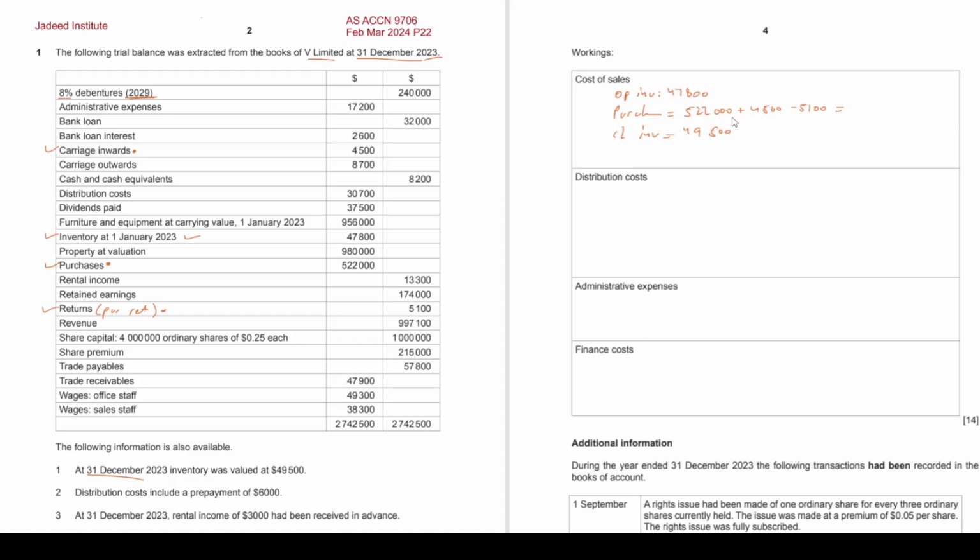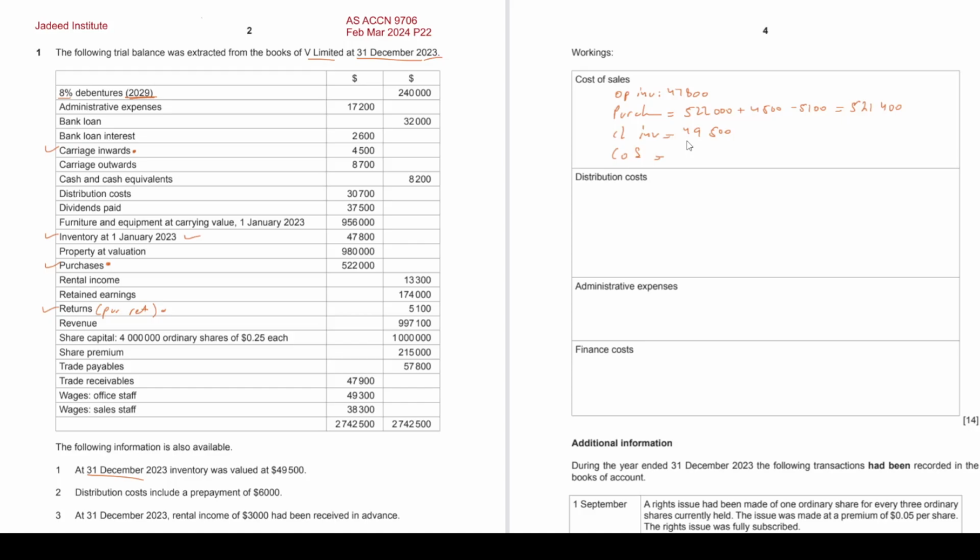It says 522,000 plus 4,500. Is that 4,500? Yes, it is. Minus 5,100. That's 521,400. Okay, so cost of sales is opening inventory, which is